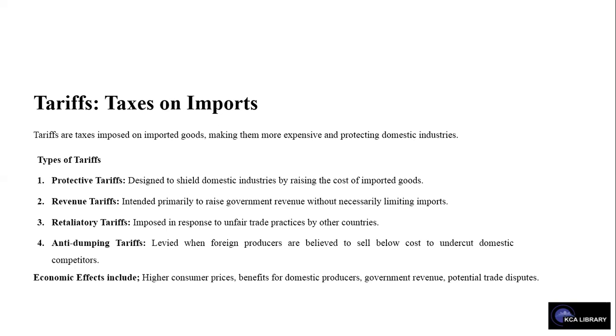Also, we have the revenue tariff, which is intended primarily to raise government revenue without necessarily limiting imports. Also, we have the retaliatory tariff, which is imposed in response to unfair trade practices by other countries. And we have the anti-dumping tariff, which is levied when foreign producers are believed to sell below cost to undercut domestic